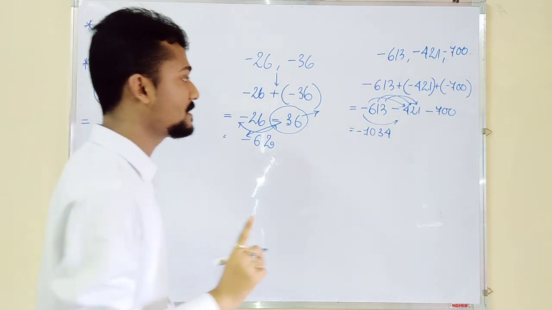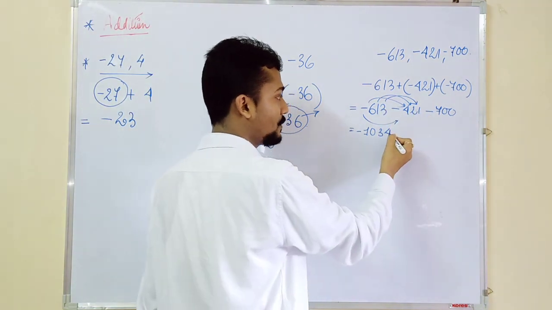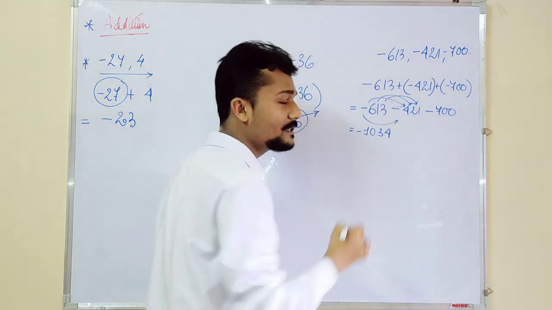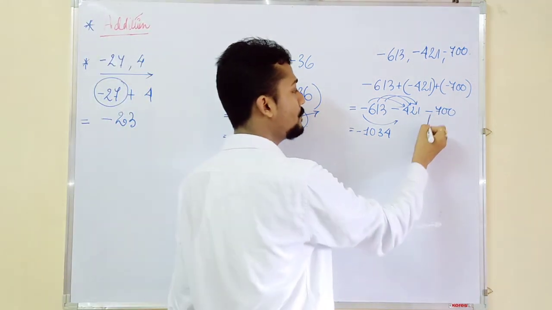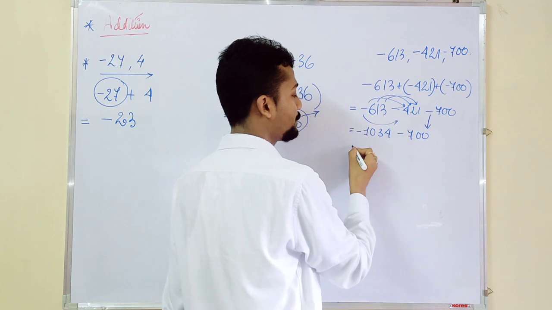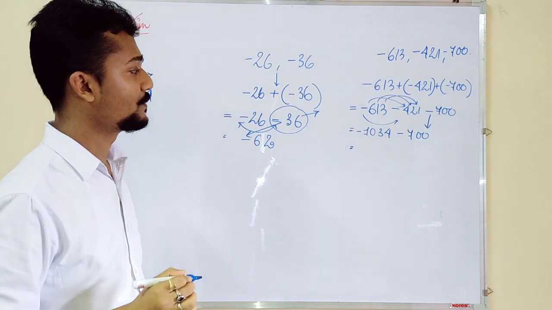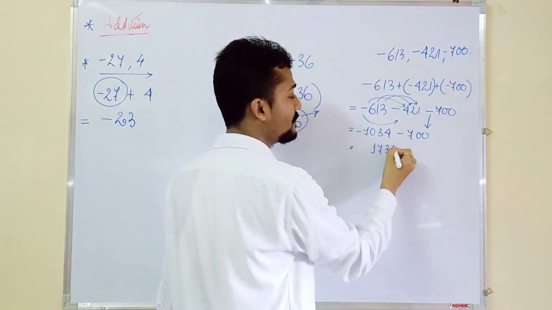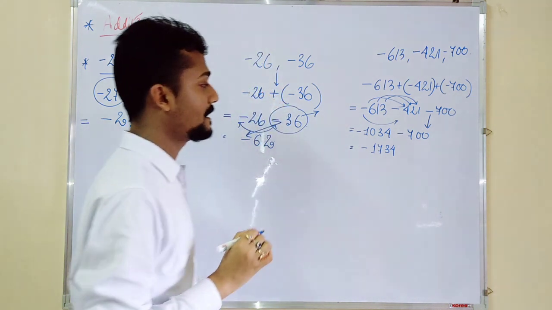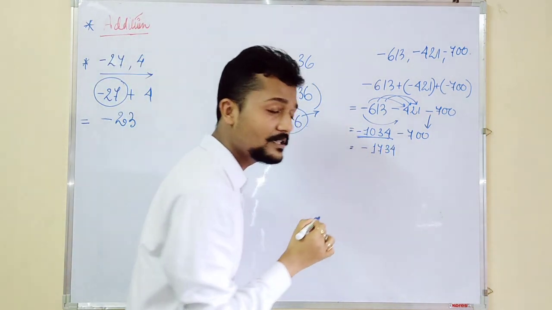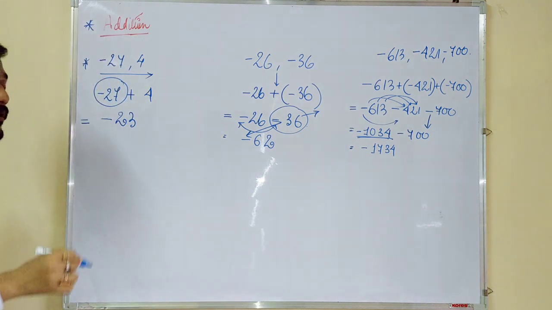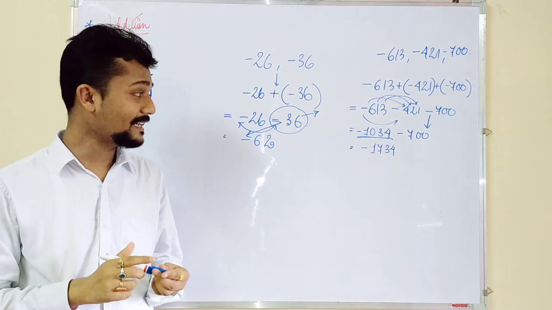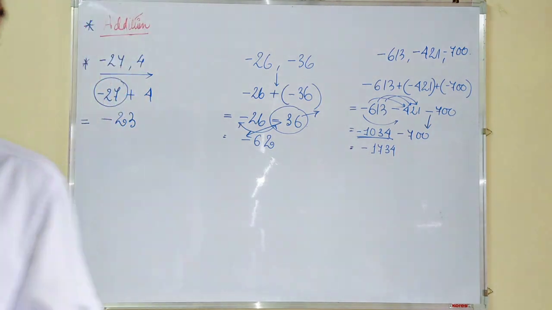Minus 1034. Always recheck once again. So let us check once again. 3 plus 1 is equal to 4, 1 plus 2 is equal to 3, and 6 plus 4 is equal to 10. That means till this much we are correct. Minus 700, we will put it down. Then next what we have to do? Minus minus, that means again we have to add them. 1734. Which sign are we going to put here? Minus, because this is greater in terms of magnitude, and hence we put the minus symbol. So is that clear up to this much? Please note it down.